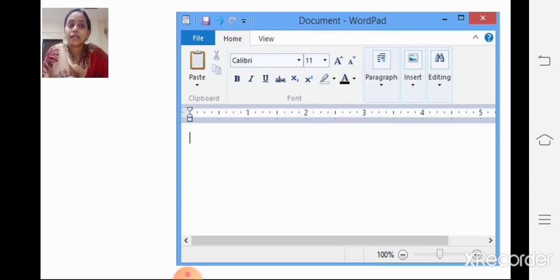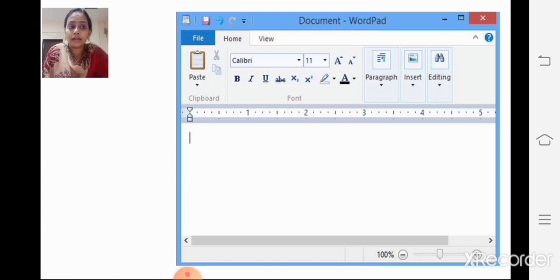Then see, like Notepad, WordPad documents, we have many features in the WordPad. We can do many things. We can apply color to the text, we can change the style of the text, we can increase the font, you can insert picture also, image also in the WordPad.